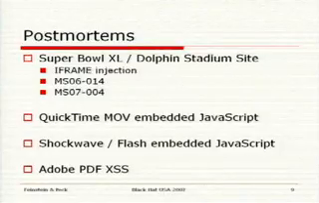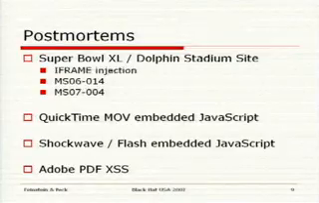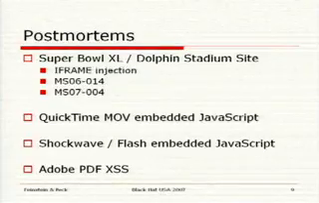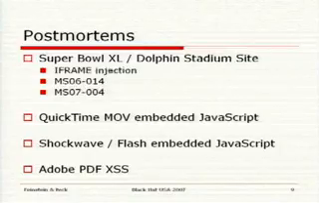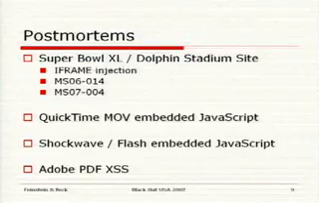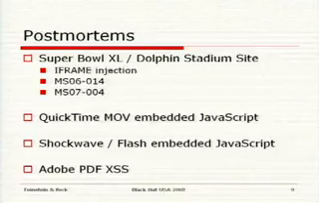Some other postmortems. The Super Bowl 40 Dolphin Stadium website got hacked, with a Trojan downloader and keylogger. It was a pretty simple iframe injection. The server was compromised, had an iframe on the front page, which downloaded some malicious JavaScript, and then attempted to run a couple of exploits against Microsoft products that had already been patched, but due to the patch consistency of most users, was still fairly effective, though there were some problems in the exploit, and it wasn't as successful as it could have been